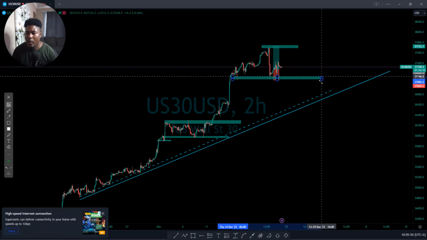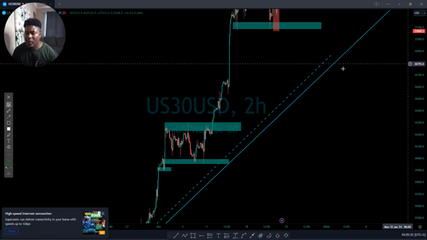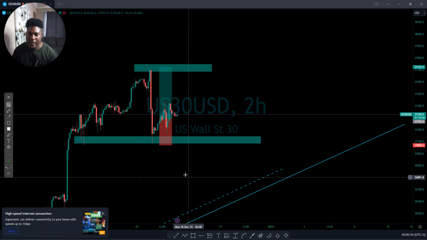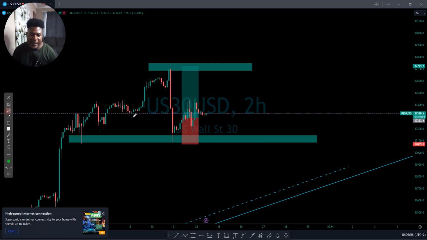But we can easily see that now the market is no longer having that nice push. We saw a very nice push yesterday going down. The market respected this area. As you know, we saw it late, but we did eat because the market reached halfway there. But I can see now it's going down, but it was a bit slower.